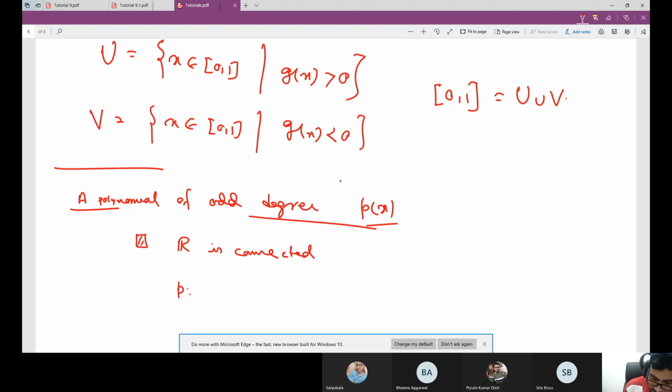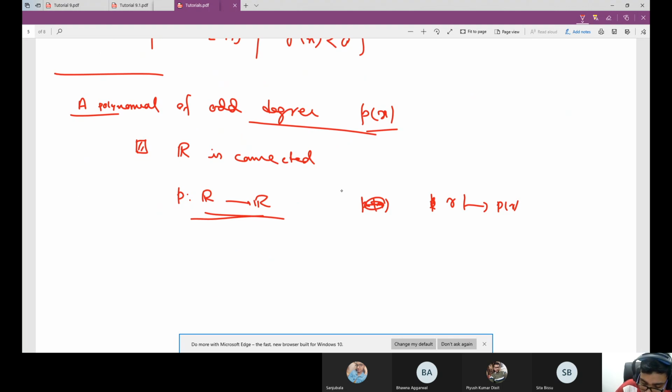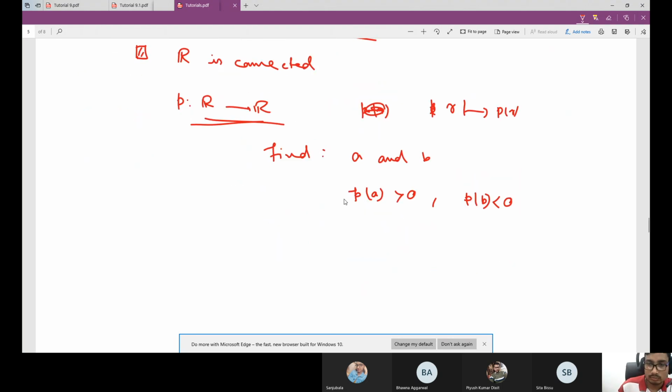You consider your polynomial as a function from R to R, by taking the values P(R), or R goes to P(R). You have to find two elements A and B. I am giving you hints. Find two elements A and B such that P(A) is greater than 0 and P(B) is less than 0. Okay, so then what you will have is that you have P(B) and P(A),